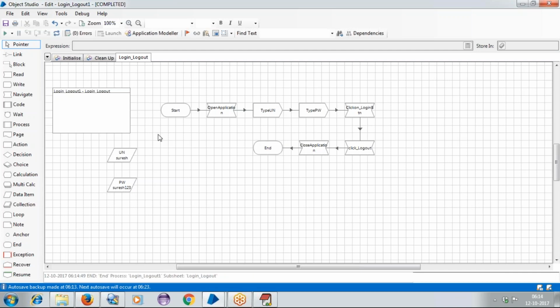Okay, so suppose the username and password are not matching, what will be going on there? If username and password are not matching, obviously it will be giving an error only. But what our application will be doing is, it can't understand what it has to do, because we are not mentioning anything here.